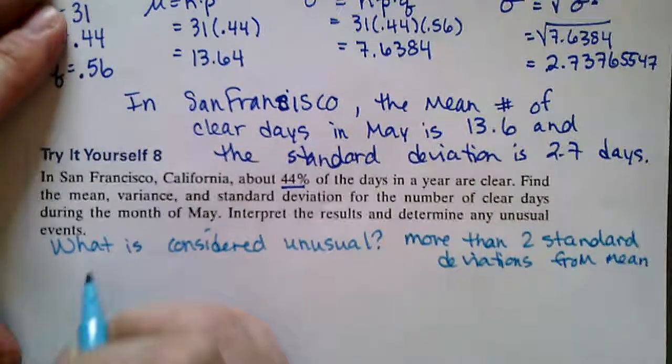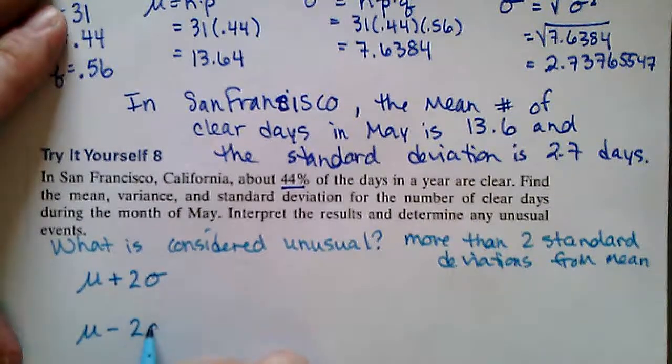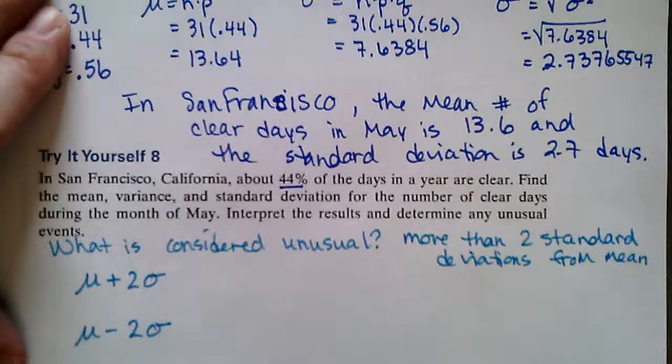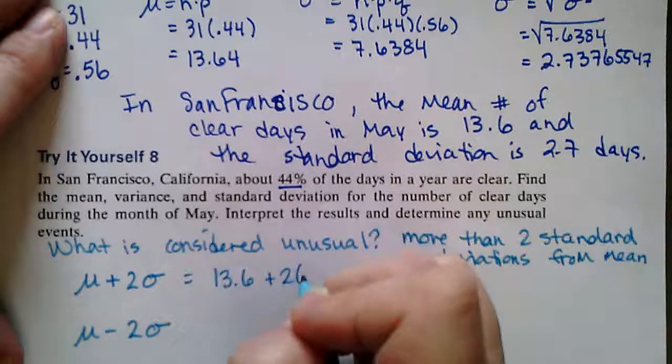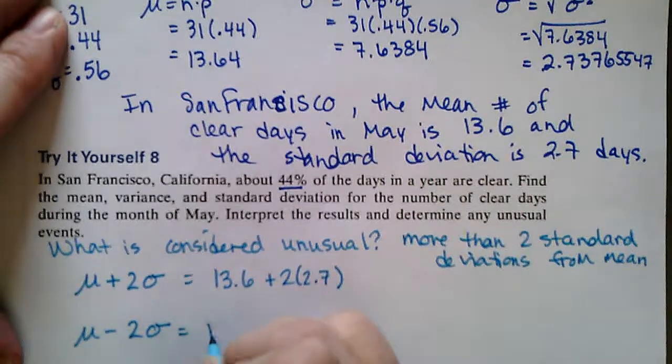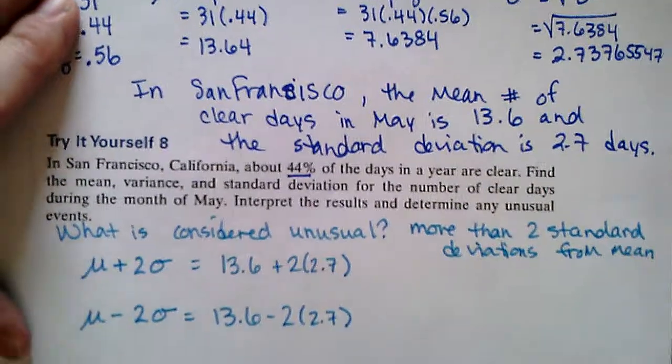So we would need to take our mean and add 2 standard deviations, and take our mean and subtract 2 standard deviations. So if we take 13.6 and add 2 times 2.7, take 13.6 and subtract 2 times 2.7,